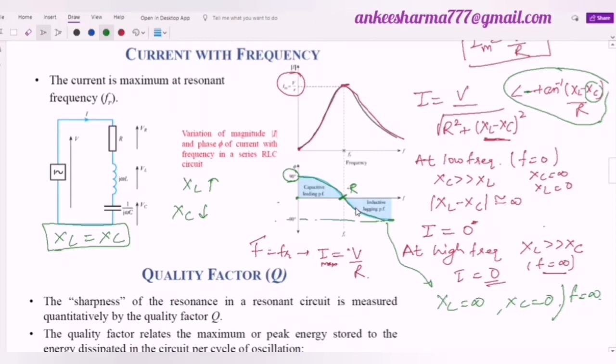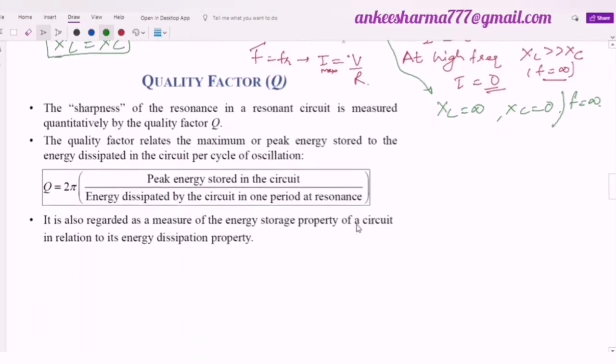So this is my phase curve, or the phase shift curve with respect to the frequency in a series RLC circuit. Right. Now next I want to discuss a very important term, that is the quality factor. This quality factor is very important because it tells us the sharpness of the resonance in the resonance circuit. If I take the case of my current with respect to frequency curve, we have seen that the current increases to a maximum value and starts decreasing from there and reduces to 0 at F equal to infinity. Now if we see here, this curve is not much sharp in comparison to this curve. If I draw a curve like this, then this will be more sharp.